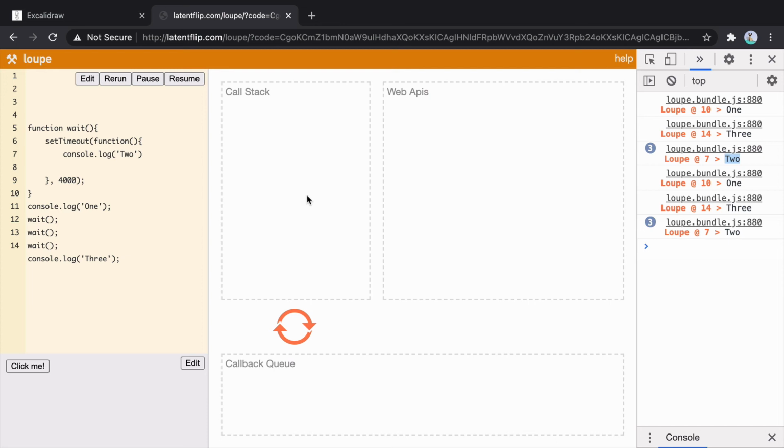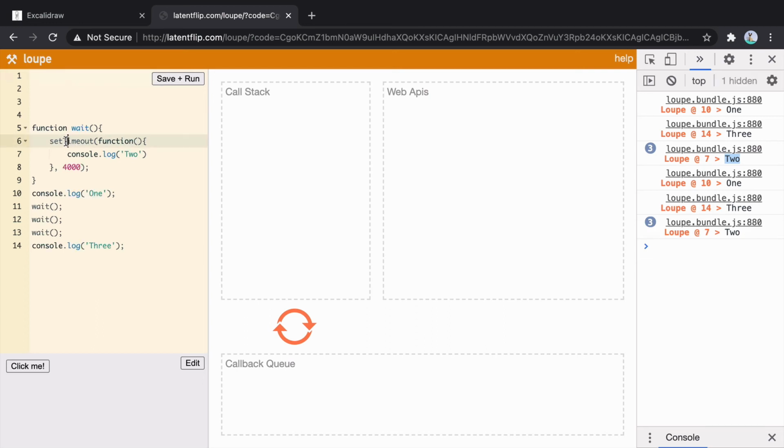In this way, we saw that using this tool we can understand how web browser APIs like setTimeout go into web APIs, and after completion they wait inside the callback queue, and only when the call stack is empty, the event loop will take code from the callback queue and put it inside the call stack. This tool can help us visualize how different elements inside the browser, like the call stack, web APIs, callback queue and event loop, interact with each other to execute code that is synchronous and asynchronous in nature.